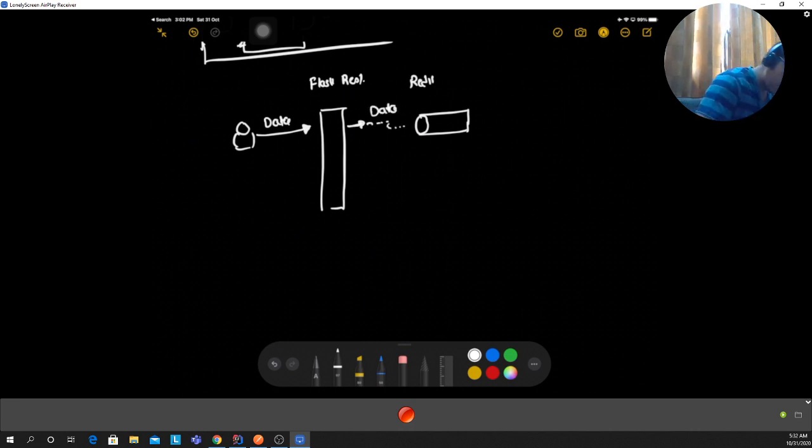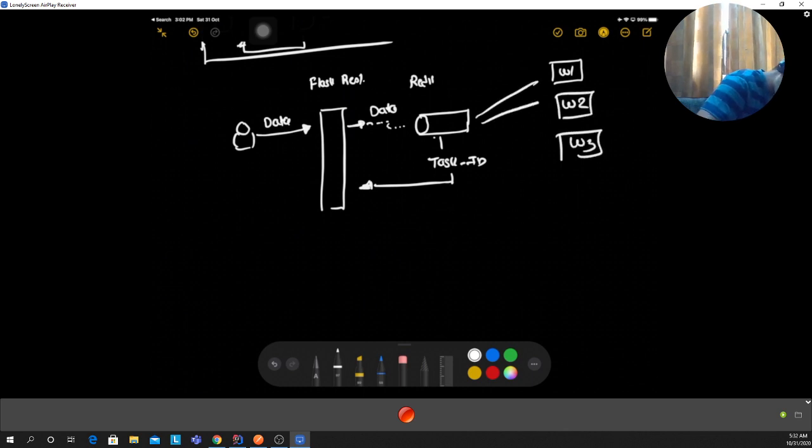So that data is put into the queue, and as soon as you put the data into a queue, you get a task ID. We return the task ID to the user, and here we have workers who are gonna poll the queue and process these tasks. For example, if worker one started the process with the task ID, once it's complete,